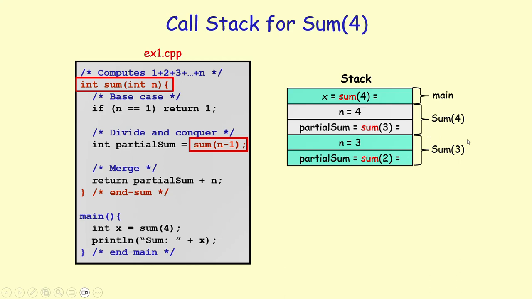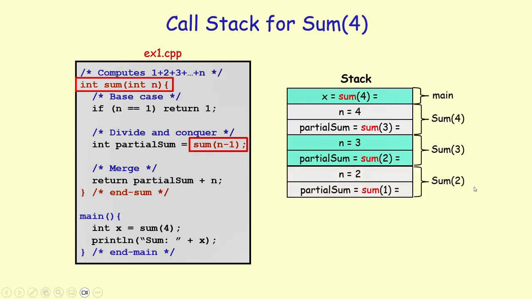So we are inside the context of sum 3. That makes a call to sum 2. So that's another recursive call. So sum 2, now we have to allocate space for the parameter n and the local variable for the recursive function call of sum 2. And that's going to eventually make another recursive call to sum 1 with a parameter of 1. So now this time n is equal to 1. The value of the partial sum is undefined. And when we enter the function with a value of 1, we hit the base case and we return.